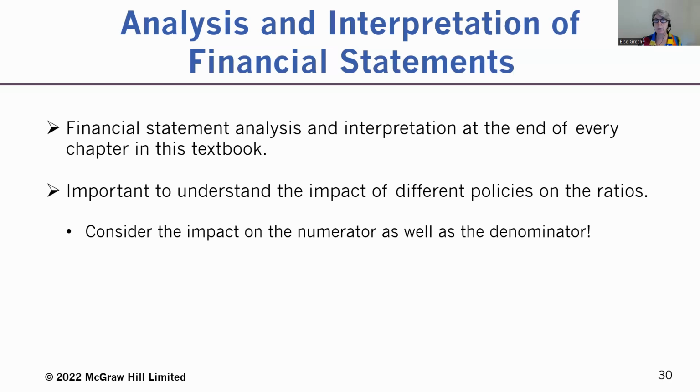Okay, so it's really important that when you're making recommendations and the client knows that the external users are going to look at the debt to equity ratio, in this case, when we look at debt to equity ratio, if I increase liabilities and decrease revenue, the debt to equity ratio is going to have a double whammy. Both of those things are going to cause a worsening of the ratio because they affect both the numerator and the denominator. It's important you understand that.